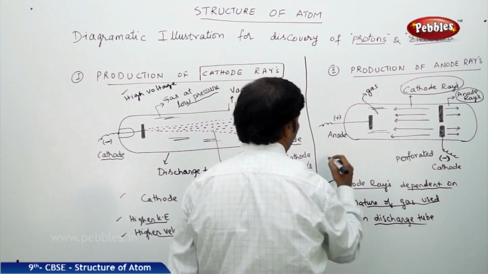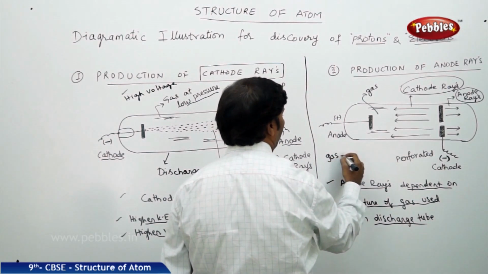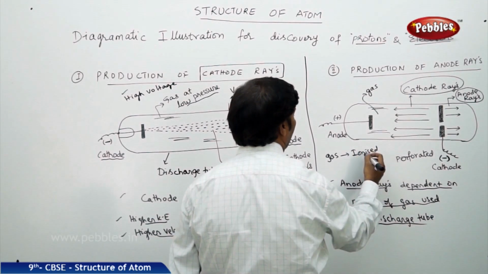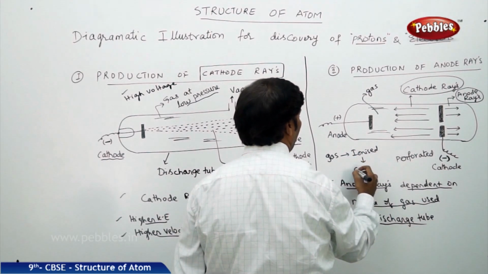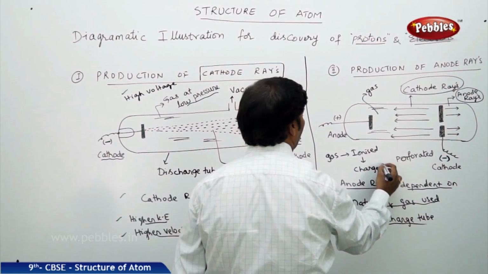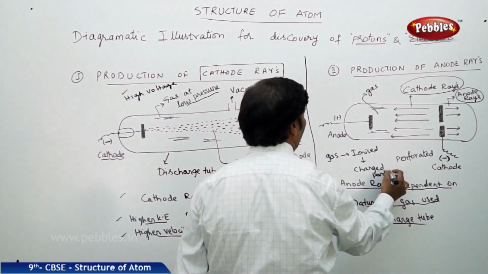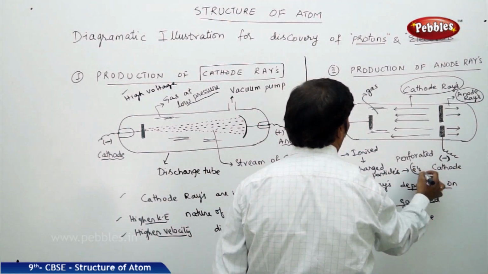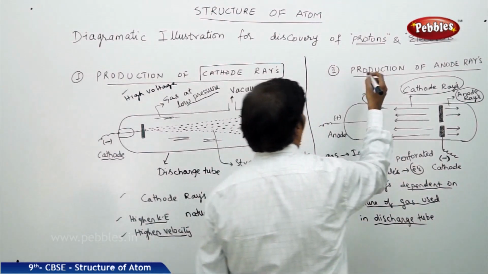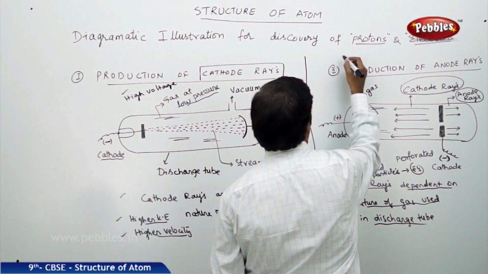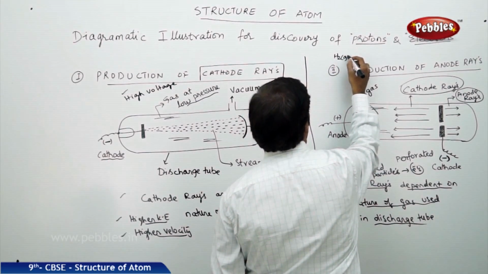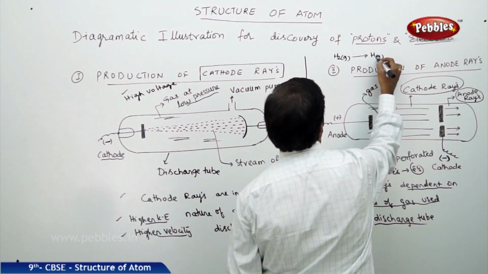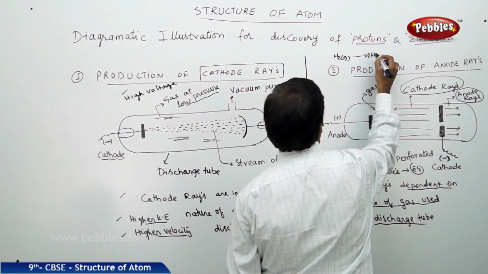you find that the gases which are present get ionized. If it is ionized, it gives a charged particle, and along with that it also gives free electrons. Suppose I write one equation: if you take H2 gas, when it gets ionized, it becomes hydrogen atoms. It is in the atomic state. 2 hydrogen atoms we are getting.